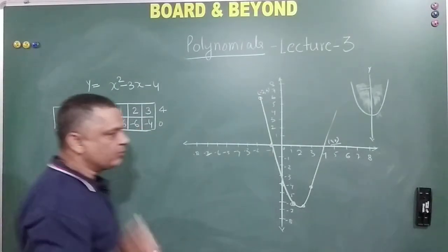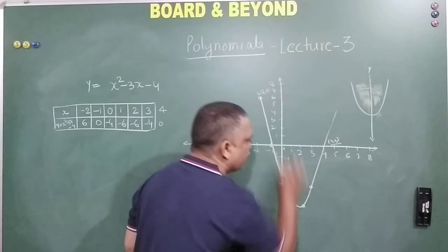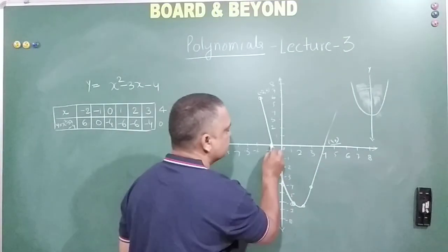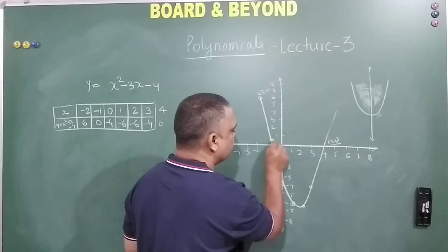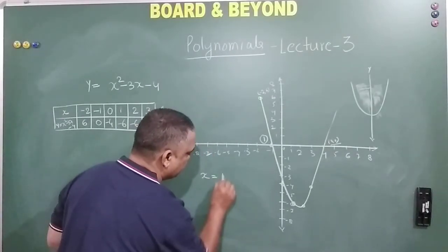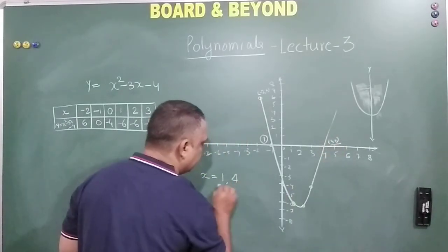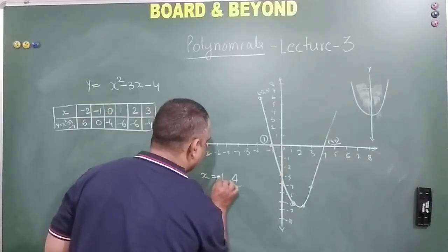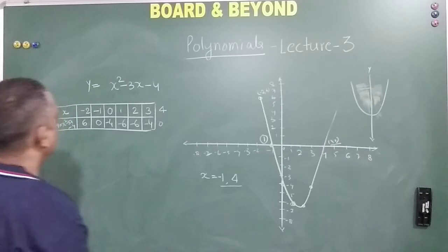So before getting onto parabola, let me just do away with this. This parabola is intersecting the x-axis at two different points, right? One is this point, wherein x is equal to 1 and y is equal to 0. So x is equal to 1, that is one root. Now at x is equal to 4, it is again intersecting. So x is equal to 1 and 4 are the two roots. Sorry, x is equal to minus 1, my dear friends. I am so sorry. X is equal to minus 1 here. So minus 1 and plus 4 are the two roots, which you can see from here also.